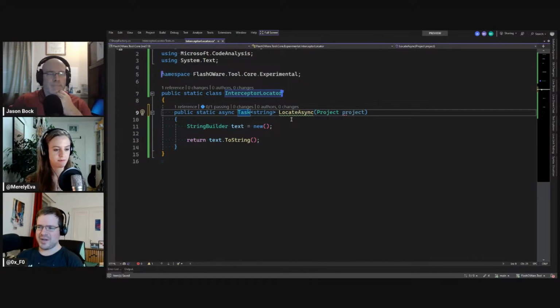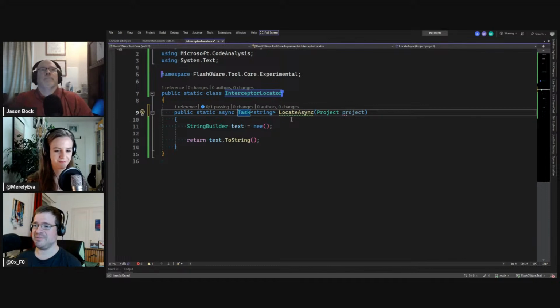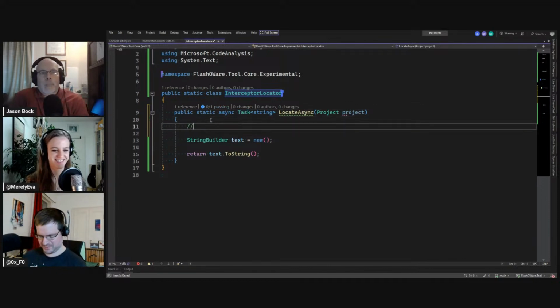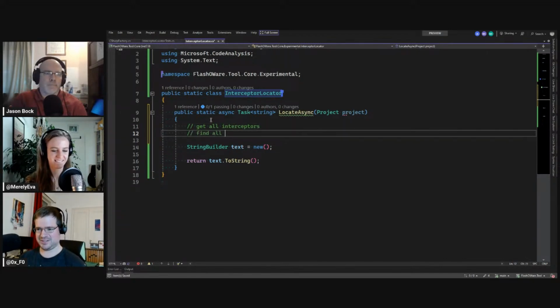So how can we, from our project, get all interceptors? We talked about get all interceptors, find all intercepted call sites, and then print them.